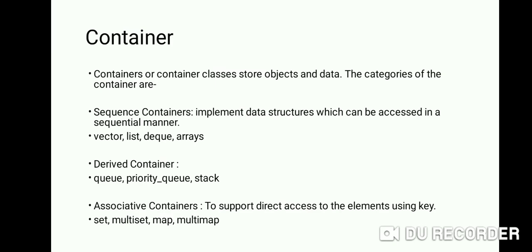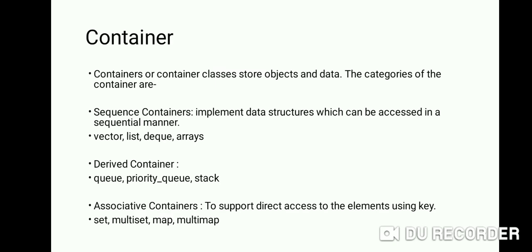The container is divided into multiple types: sequence container, derived container, and associative container. A sequence container implements data structures which can be accessed in a sequential manner. That is, if we want to access the data in a linear fashion, then we can include that data inside the sequence container.